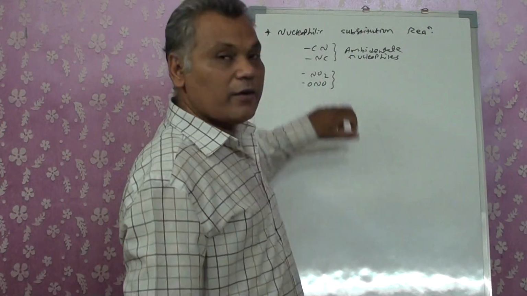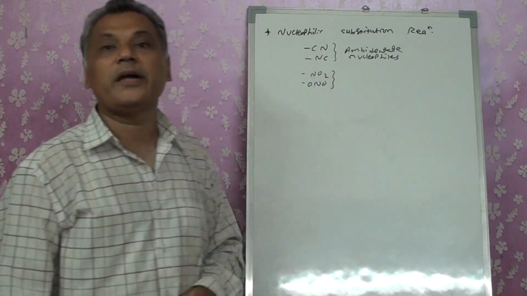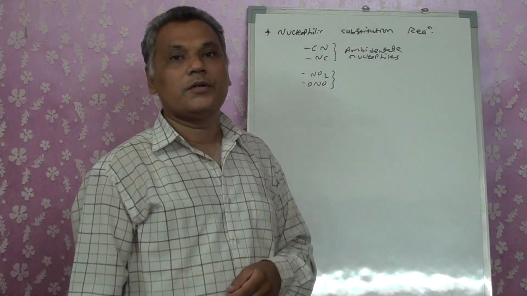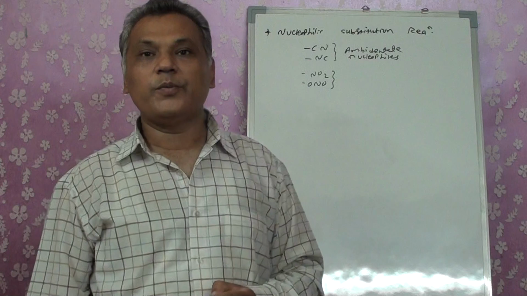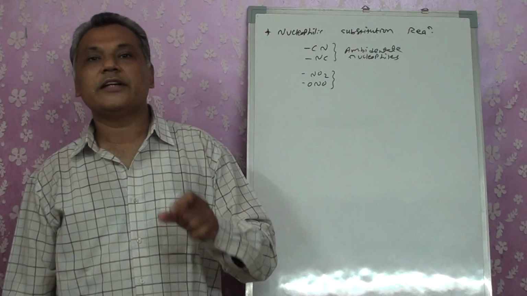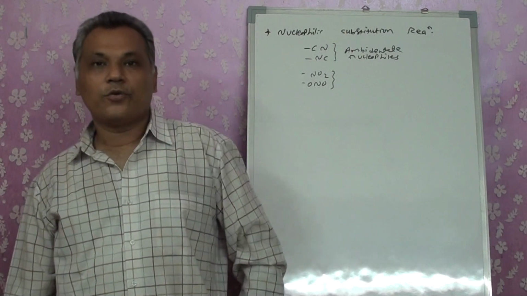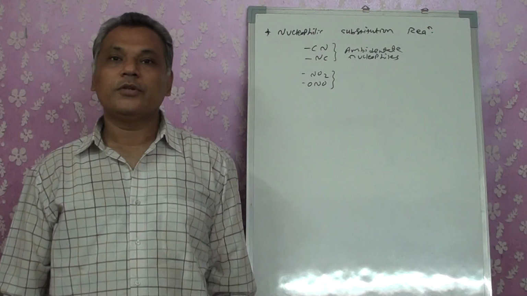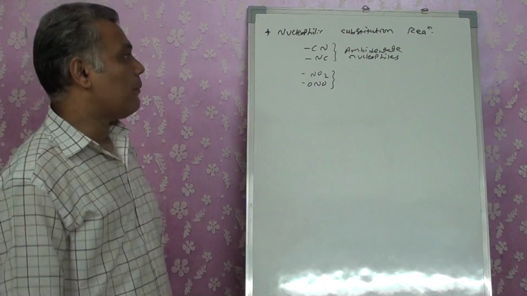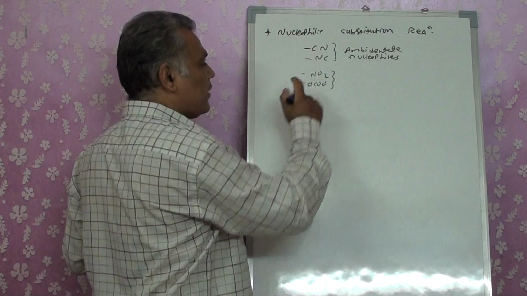It can be replaced by nitrogen, it can be replaced by carbon, it can be replaced by oxygen. They can get bonded with the hydrocarbon. Then such compounds are considered ambidentate nucleophiles. More than one coordinate site, or more than one atom which can attack the electrophile to substitute the nucleophile attached to it, such compounds are known as ambidentate nucleophiles.